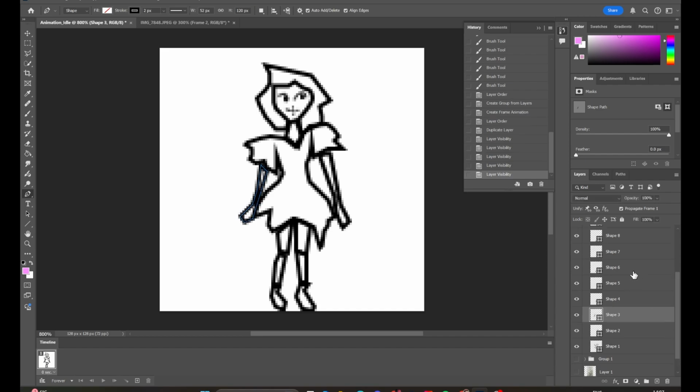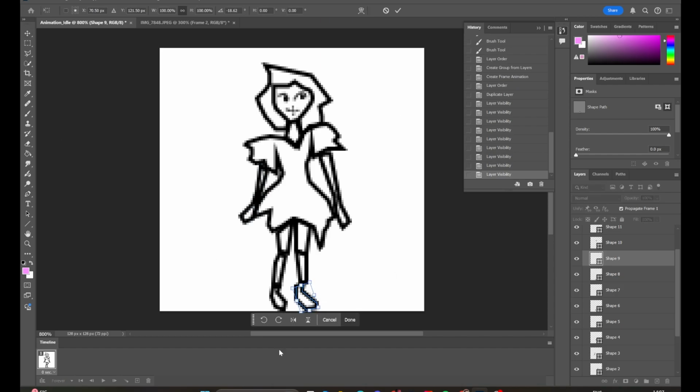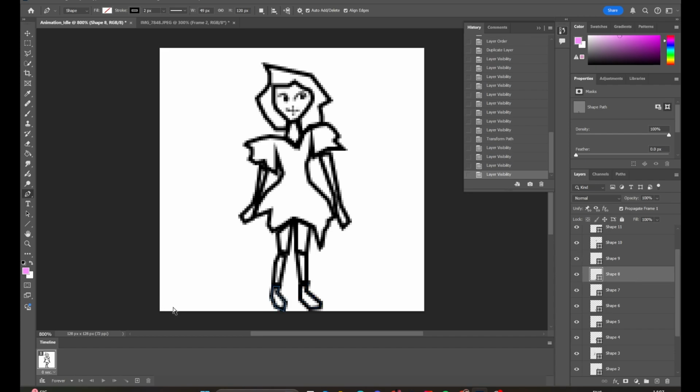So this one, I've not gone back and named anything. This is your lesson to actually name things, because then you'll be very confused and won't know what's going on. So here's me rotating the foot, and that's the neck. It's another foot. So it's Control T again. You can move it, enter to approve it,